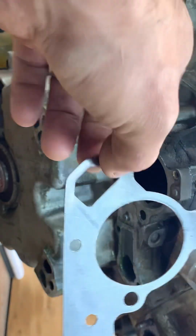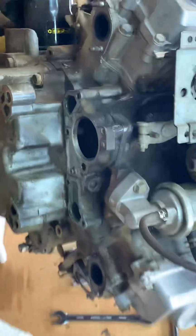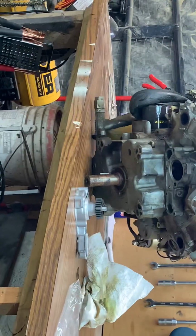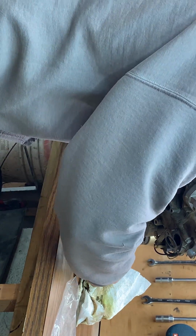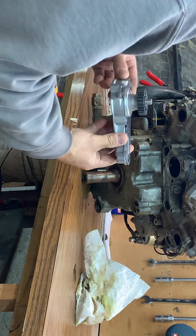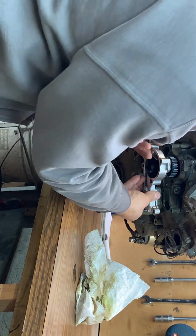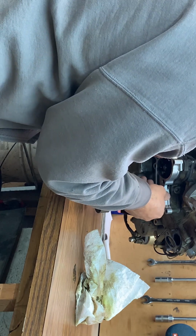So how this is going to go together, I'm going to set this back to where you guys can see a little bit better. But what you'll do is you'll lay your gasket down on top of there. And there are some mounting flanges to make sure you get it nice and straight. So you'll take your timing gear, your water pump gear, you'll slide that up there into place, wiggle it around just a little bit, and